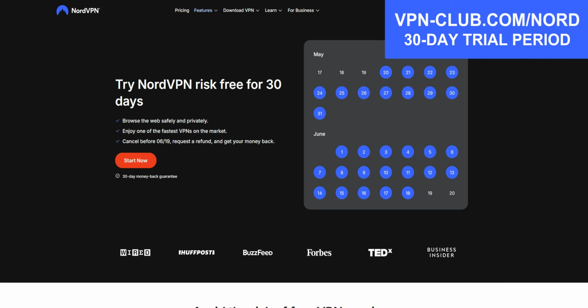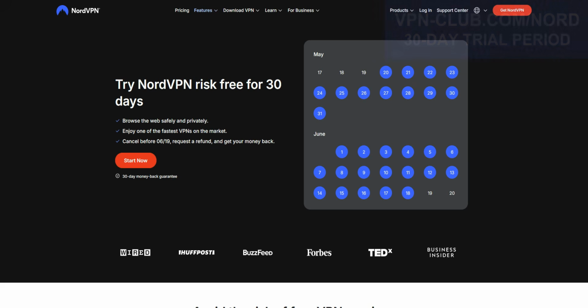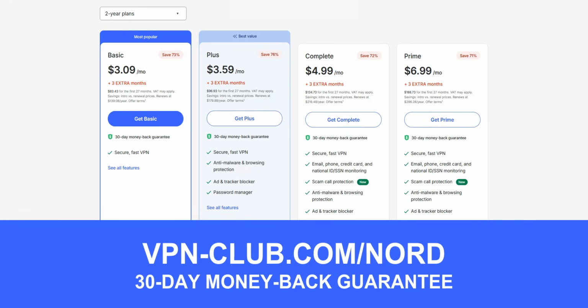You simply sign up for NordVPN, use the service normally, and if you decide it's not for you, you can request a full refund within 30 days. That means you can test all the features, use it on up to 10 devices at the same time, and essentially pay nothing in the end if you cancel in time. Of course, you will need to enter a payment method when creating your account. You'll be charged initially, but as long as you contact support within the first 30 days, NordVPN will refund you